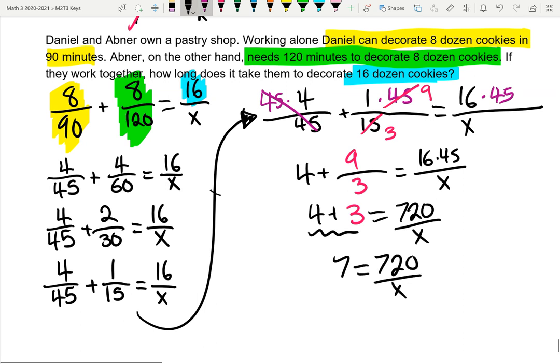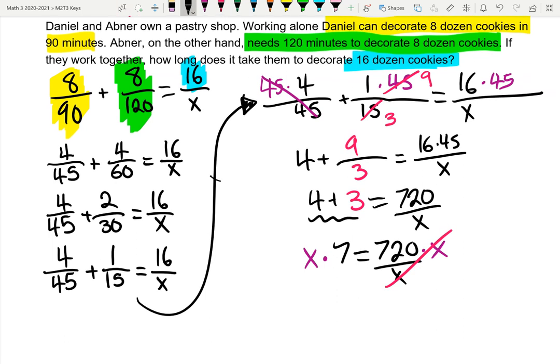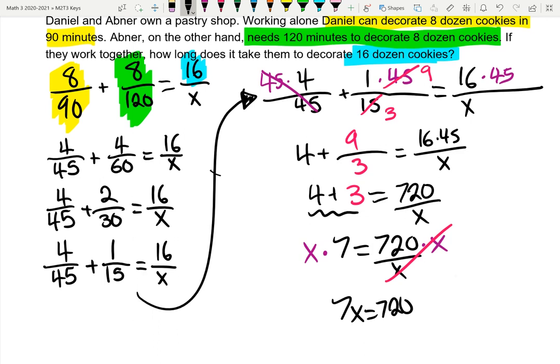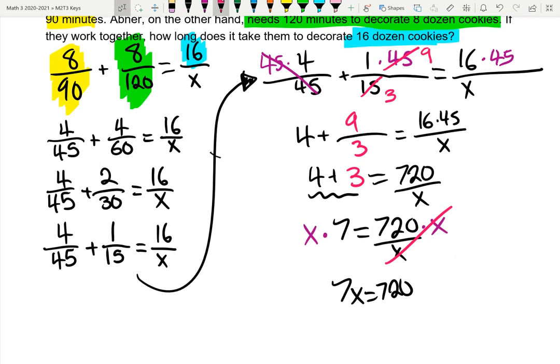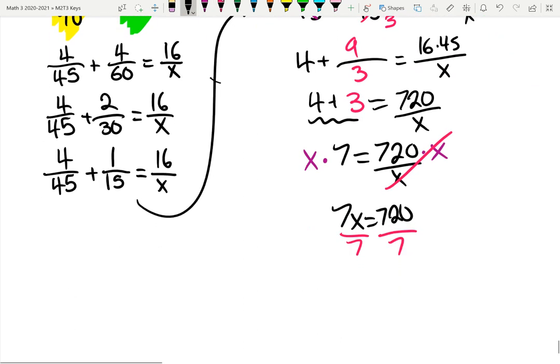To get rid of the last denominator, I'm going to multiply the left and the right side by x. You're going to notice a cancel. I'm going to have 7x equals 720, leaving my last step to do inverse operations, dividing by 7. And then this is going to result in x is equal to 720 divided by 7, which is